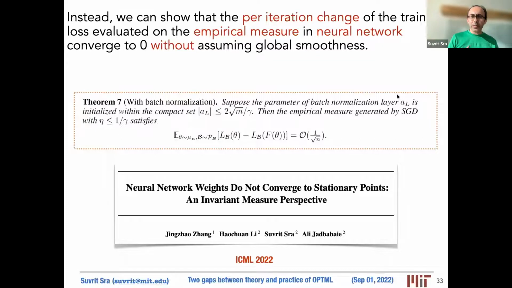In particular, we use a neural network that has batch normalization so that things kind of remain in a compact set. Then we say that in expectation, eventually the expected per iteration change shrinks. That's roughly what we are saying. And well, that's a sanity check because that's what we observed empirically. But